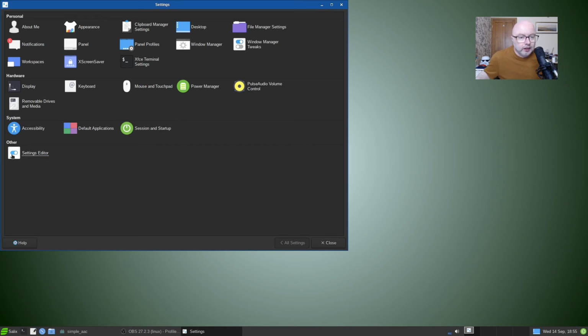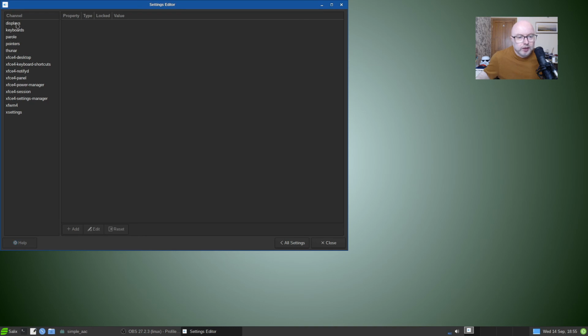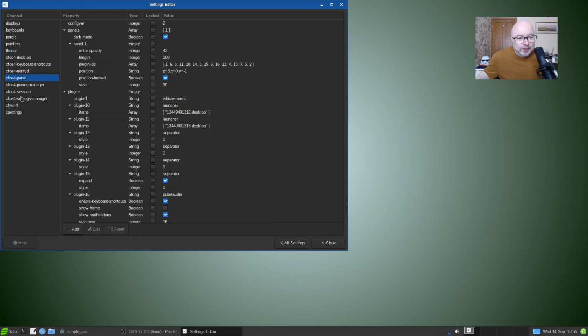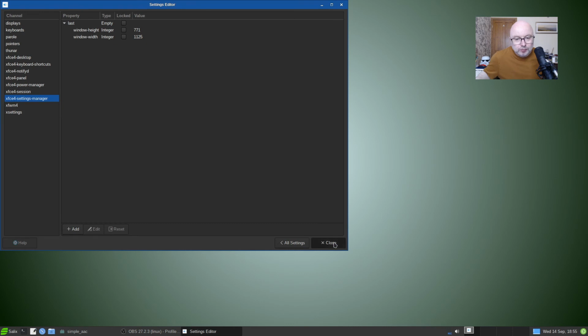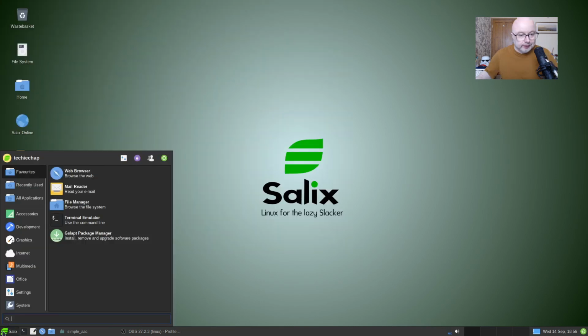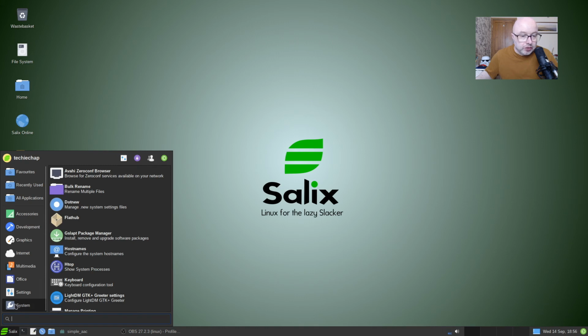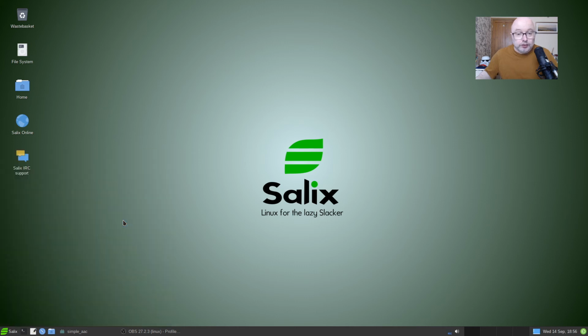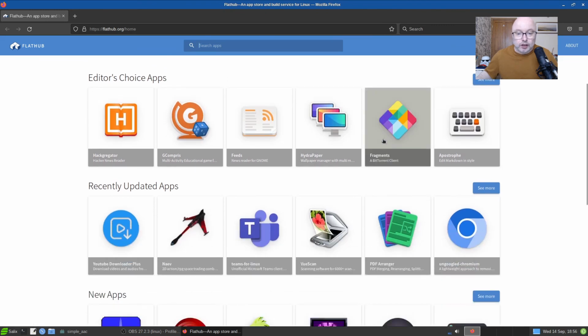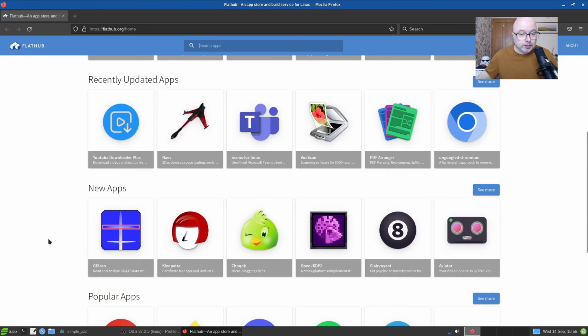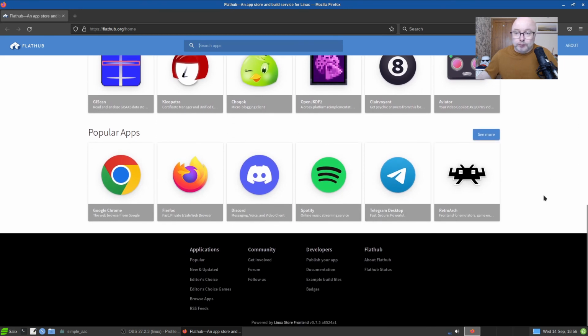Right, okay, other settings editor, and then you can really get into it and modify pretty much anything you want in this settings editor. That's pretty cool. So if we go down here and we go to system, we can see there is FlatHub support built in as well, which is fantastic. If I just click on FlatHub, it will take you straight to the FlatHub page, and you can go ahead